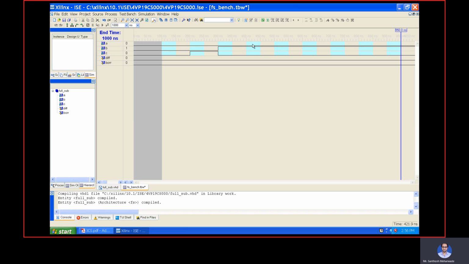The next one is 0, 1, 1, 1, 0, 0, 1, then 1, 0, 1, and finally 1, 1, 0, 1, 1, 1, and finally all are 0. Next save it. So done with the save, close it.